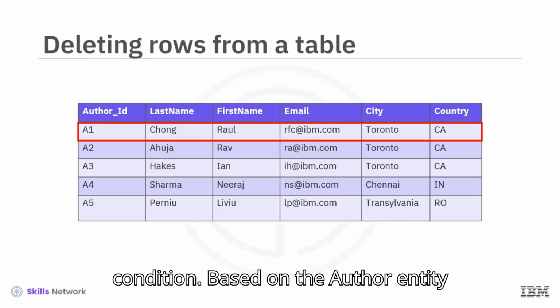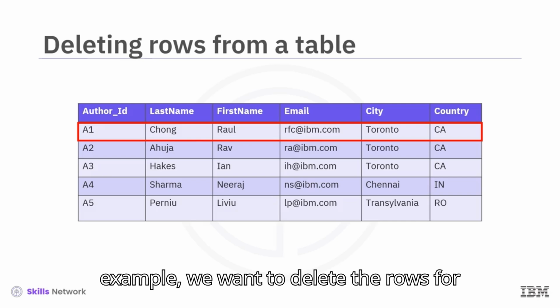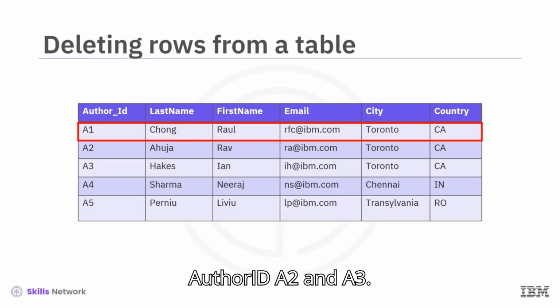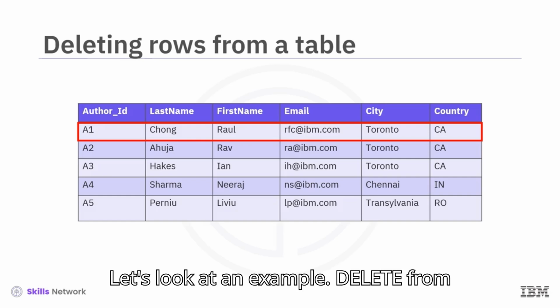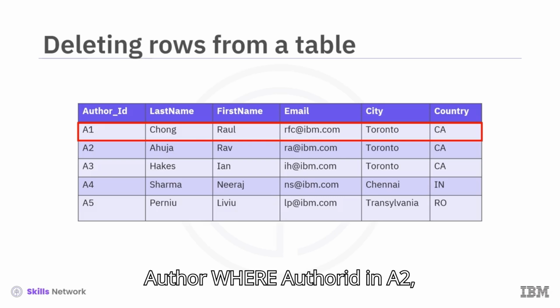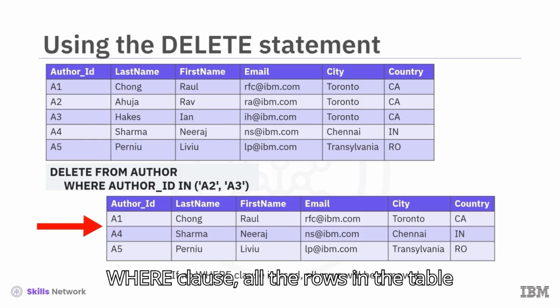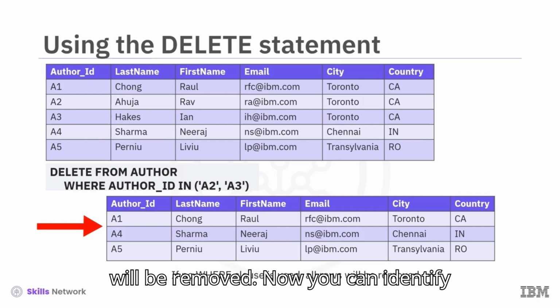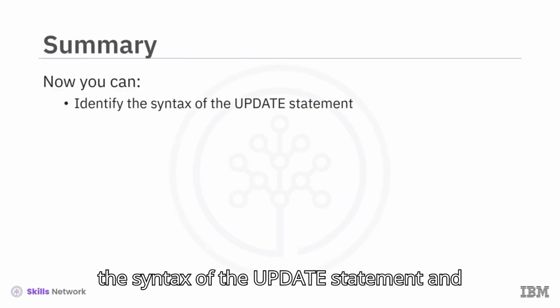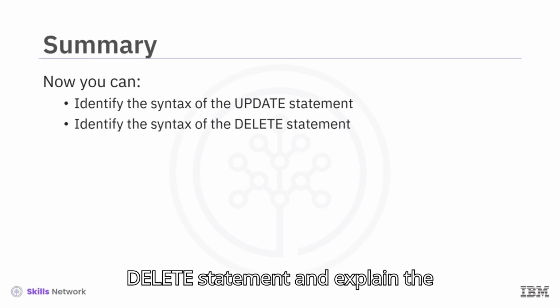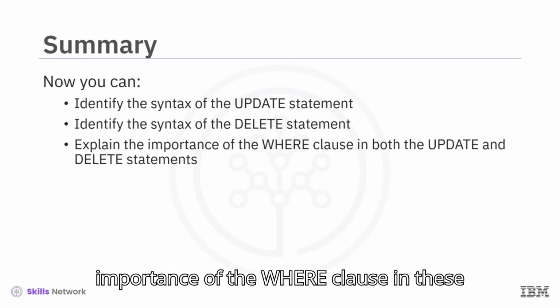Based on the author entity example, we want to delete the rows for author ID A2 and A3. Let's look at an example. Delete from author where author ID in A2, A3. Note that if you do not specify the where clause, all the rows in the table will be removed. Now you can identify the syntax of the update statement and delete statement, and explain the importance of the where